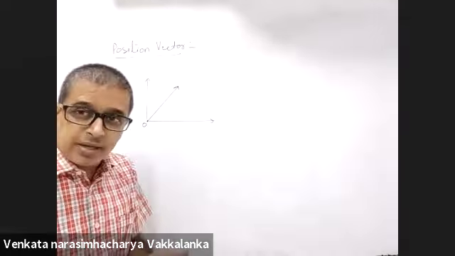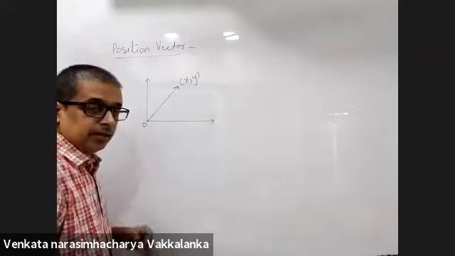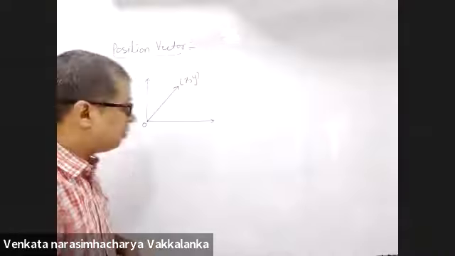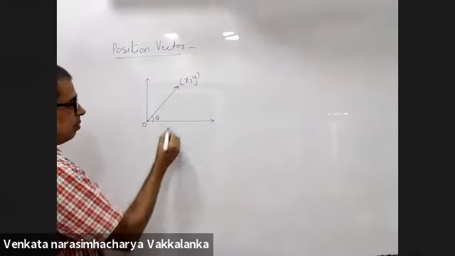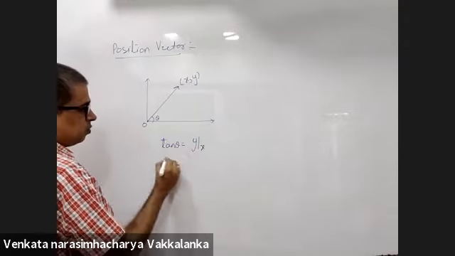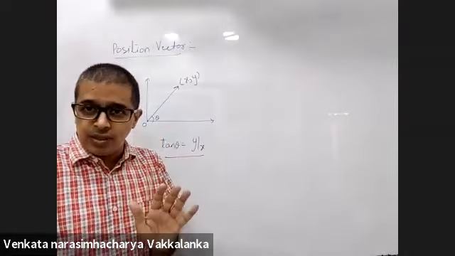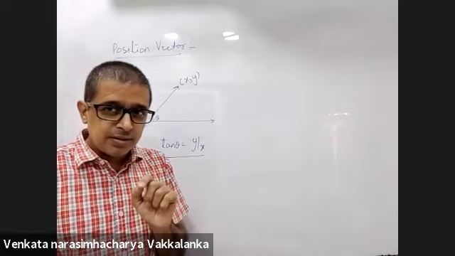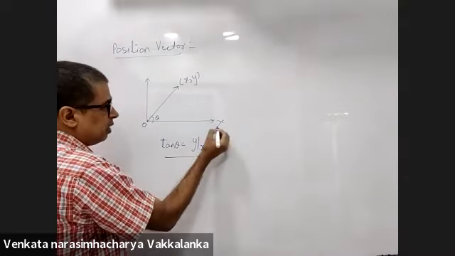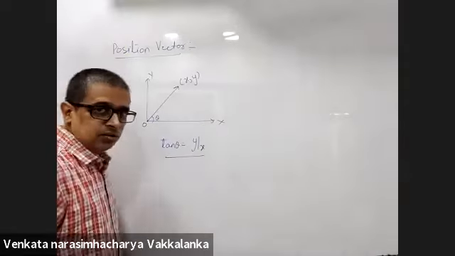When can you tell me the magnitude? If I tell you the coordinates of the head of the vector, x comma y, I can tell you the magnitude and even the direction. How will you tell me the direction? Tan theta will be y by x. All of you know what sin theta, cos theta, and tan theta are. I assume that. So the vector makes an angle theta with the x-axis, where tan theta is y by x. So I get the direction.